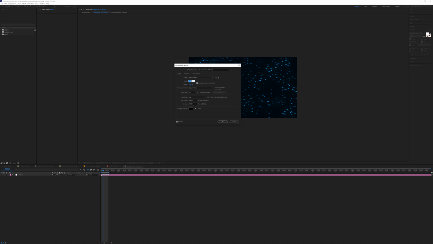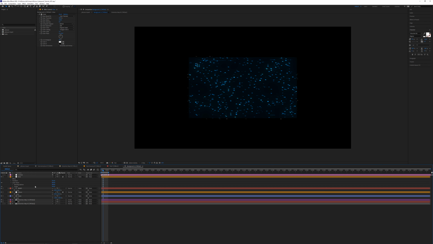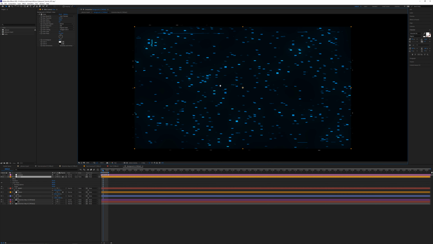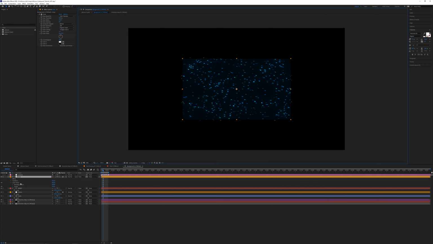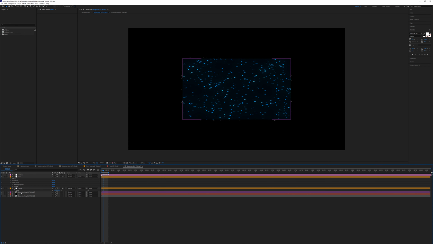So I'm just going to go through some of these, increase this to 4K, unshy this, and you can see there's quite a few layers here that we have. And really the only thing I care about here is this kind of cool distortion stuff going on. So I don't really care for the text and I don't really need the frame. So all I need are these two things. And the background, we could leave the background, that's okay. But really, this is the most important part that we need.